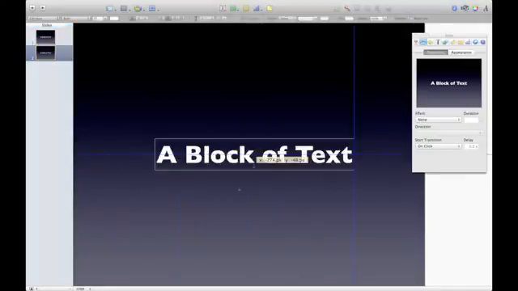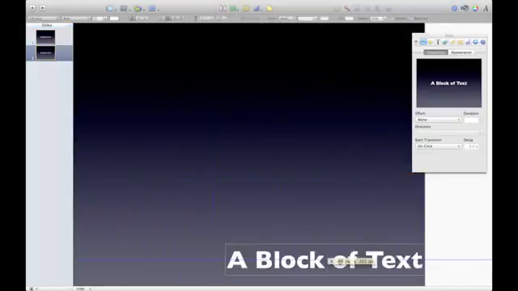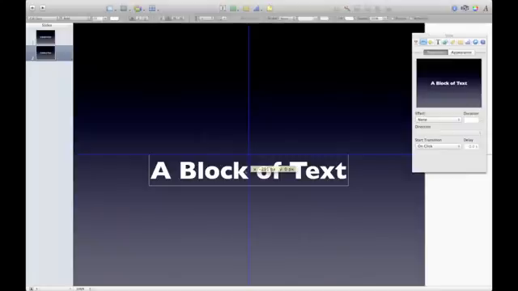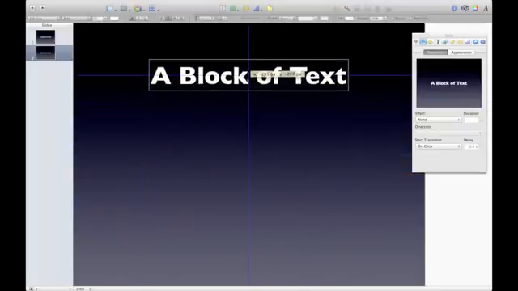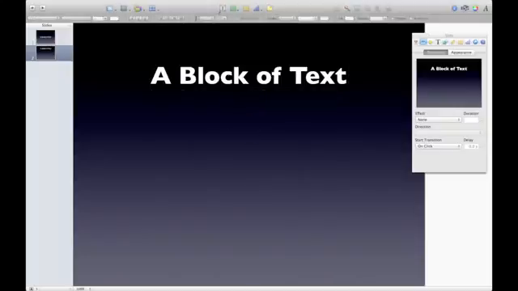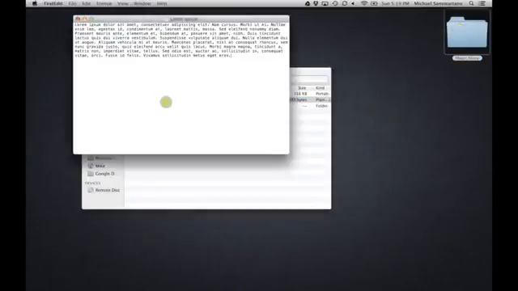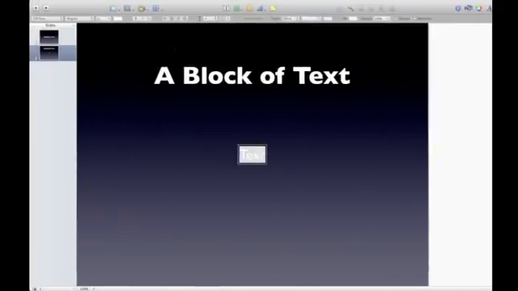Now, I have this block of text. I can move it anywhere I want on the slide and Magic Move will work. What I want to do is keep it in the middle but move it up to the top to make space for some additional text. So I'm going to bring in a new text box and bring in, let's get some dummy text here. Okay, so I've got some text